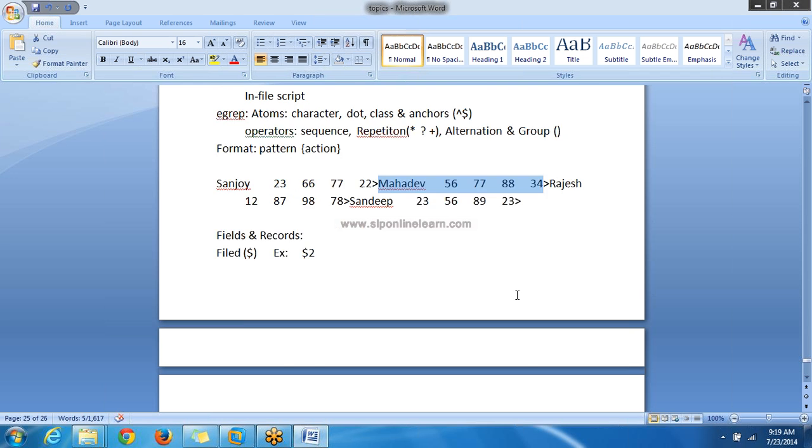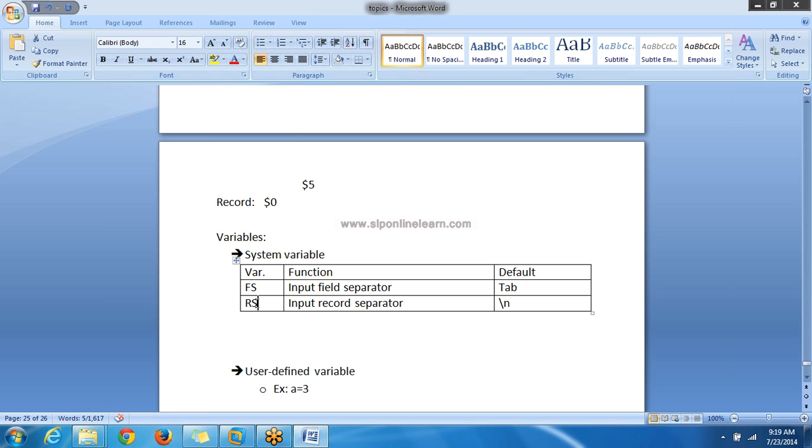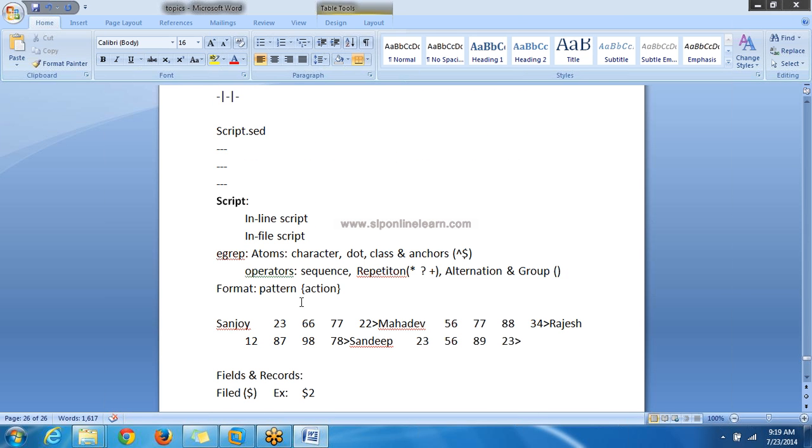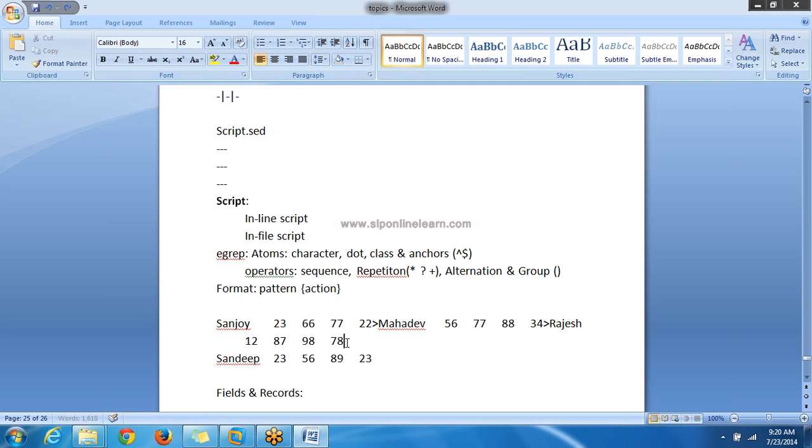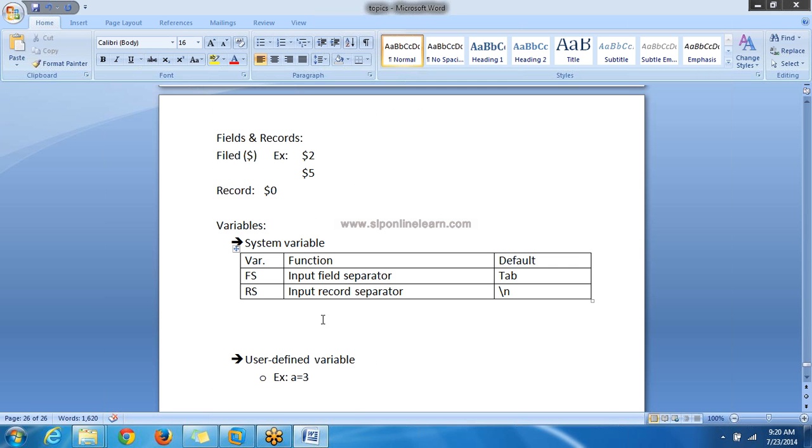Then you can use the record separator as the greater than symbol. Generally the default one is \n, the new line character. Sometimes the data could be like this also, and in that case you can specify the record separator